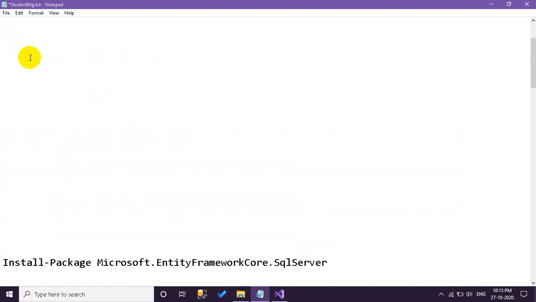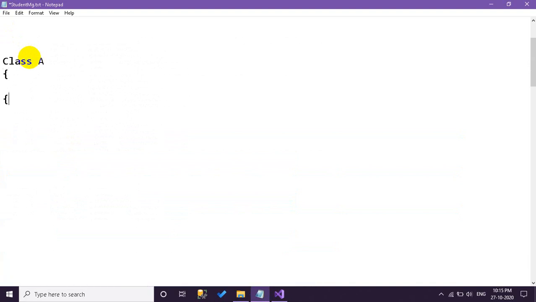Overriding is nothing but this: when we have a class A, and a class B that inherits A, and we have a method here, void hello, inside that method I am going to write print hello.